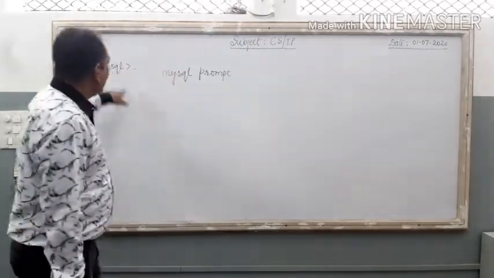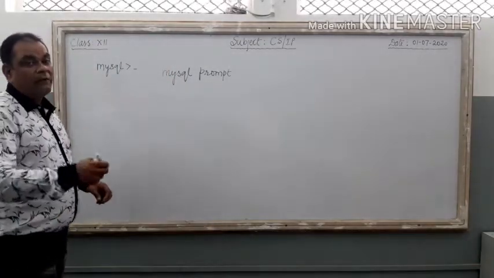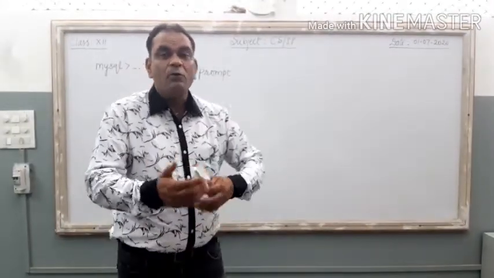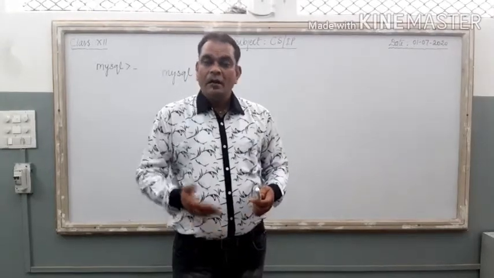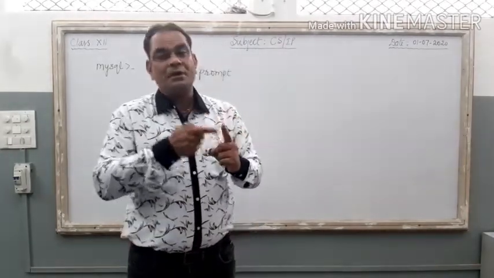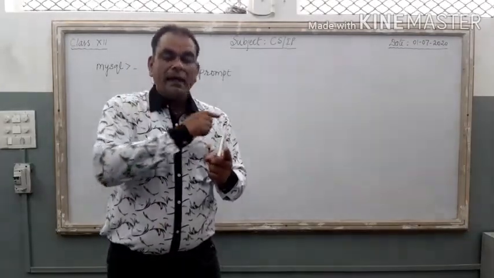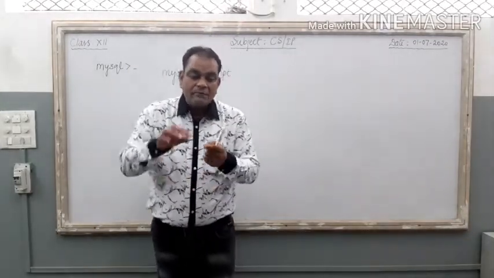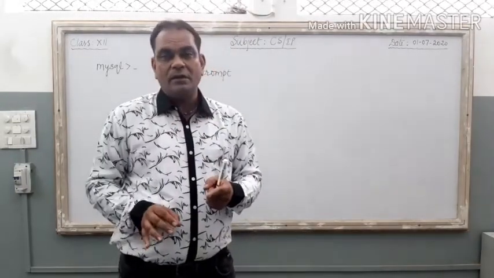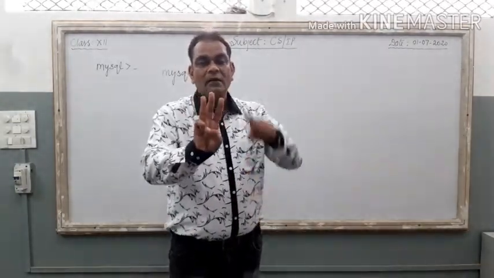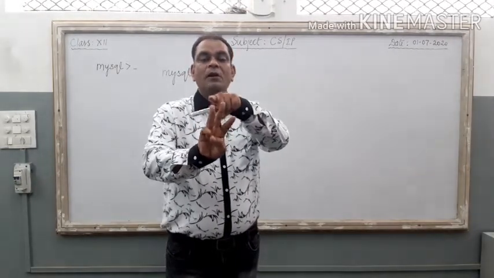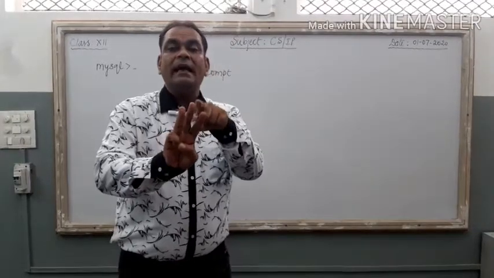Clear? So here it is, the MySQL prompt, and our very first work, what can we do in MySQL? If we want to create something, we can create a database in MySQL. The very first thing is database creation. After the creation of the database, we can create tables in MySQL, we can create views in MySQL. So these 3 things: first database, second table, and third view. These 3 creation points are there in MySQL.